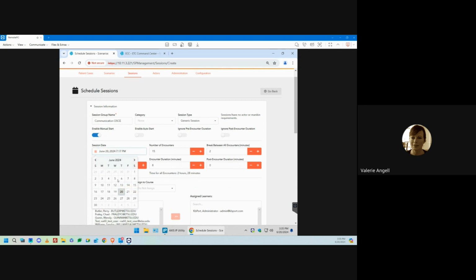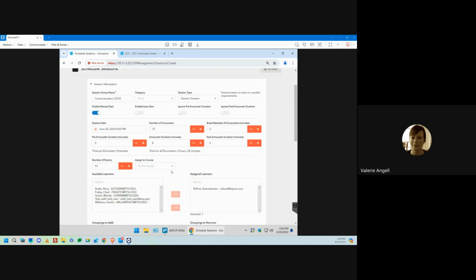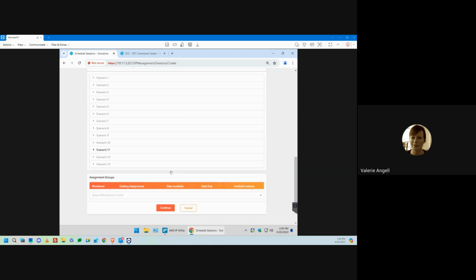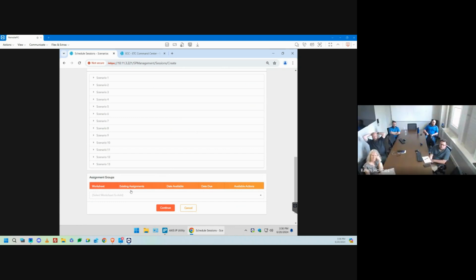I'm also going to set the time to be 8 p.m. just because I like nice round numbers. But we've got 15 encounters, 2-minute breaks in between each encounter, no pre-encounter, an 8-minute encounter, a 0-minute post-encounter across 13 rooms, which span the 260 through 280, including then the hallway cameras. Is that accurate? Yeah, if we're making this to save it, we probably have